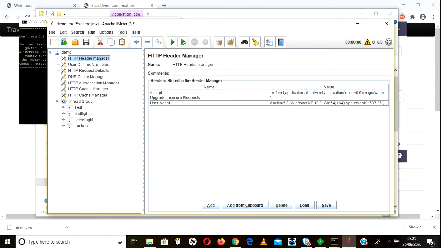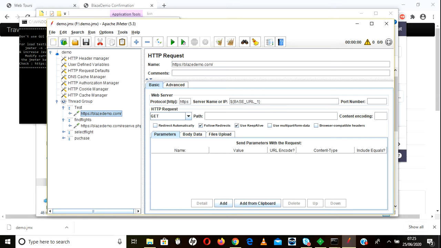See, test by default, test demo.1, find flights, select flights, purchase. So this way we can record using BlazeMeter's plugin, Chrome extension. Okay, this is one of the ways we can do it.